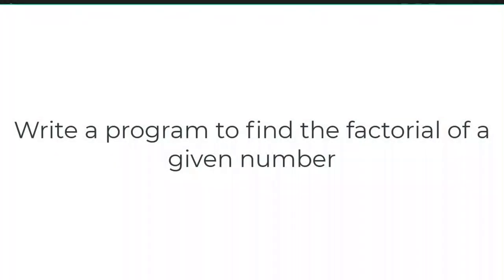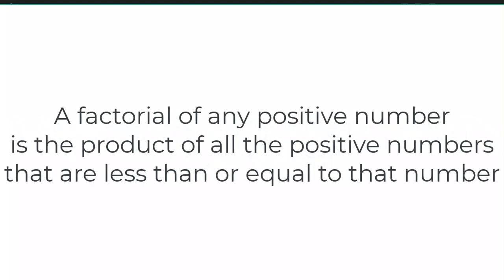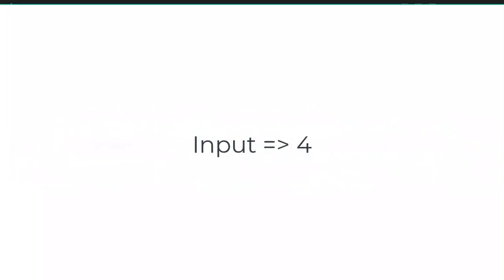Now let's write a program to find the factorial of a number. What is a factorial? A factorial of any positive number is the product of all the positive numbers that are less than or equal to that number. What that means is that, for example, if we get 4 as input from the user, then we can calculate